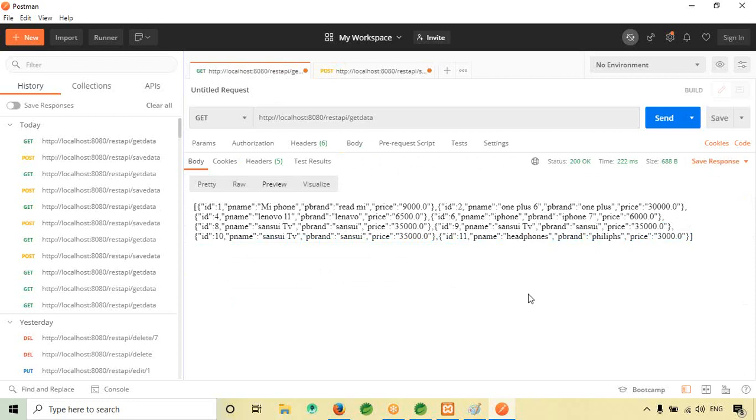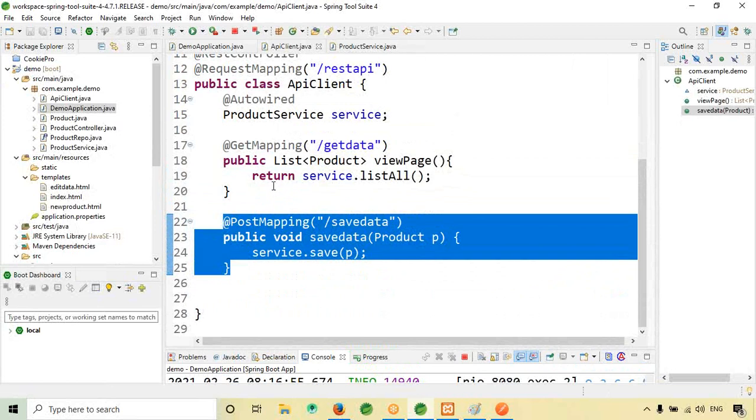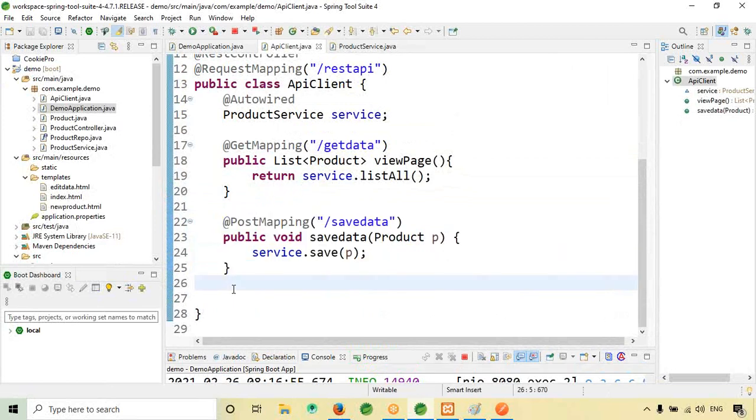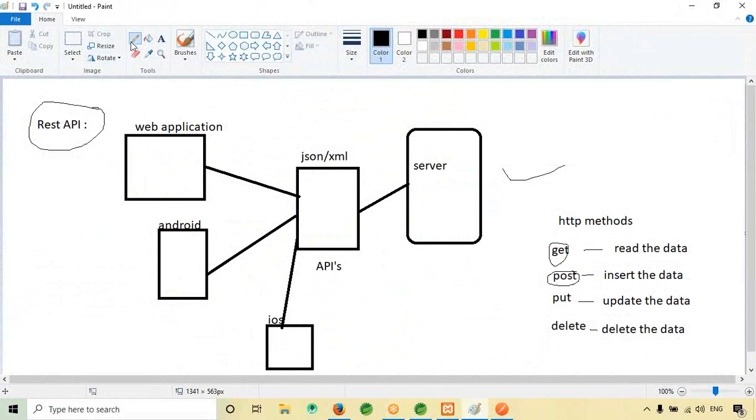So next method is update method. To update the data, let me click here. Which annotation can I use here? Of course the put annotation to update the data.